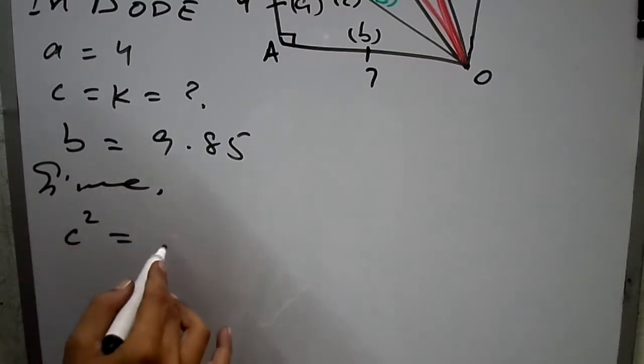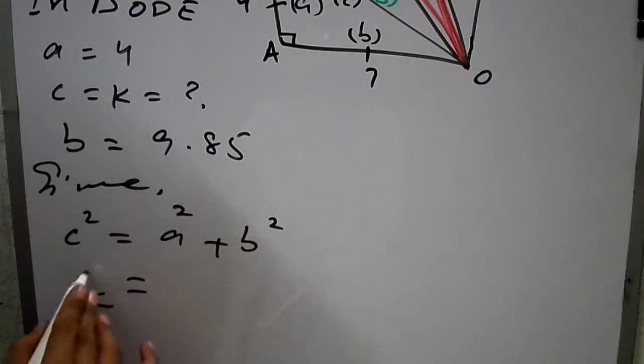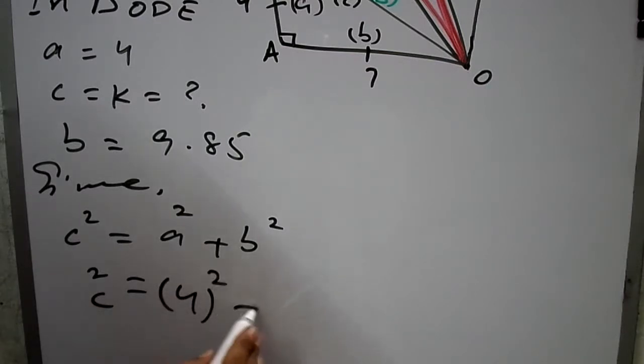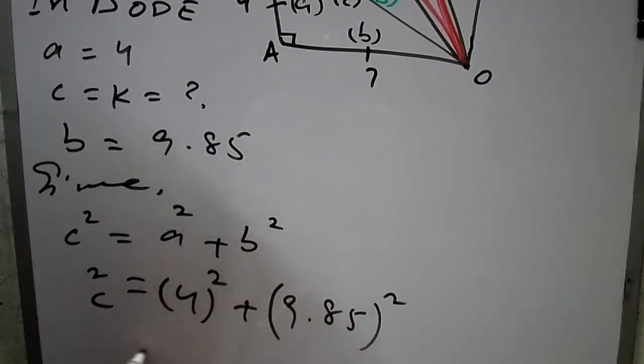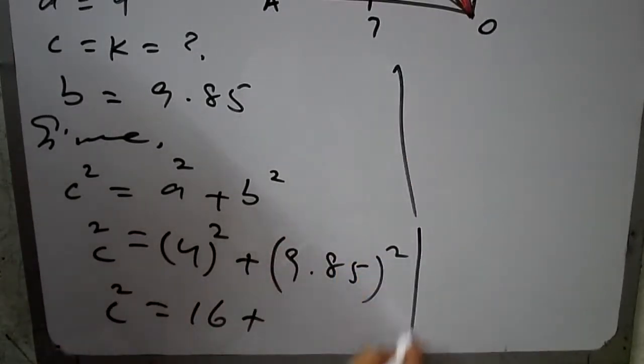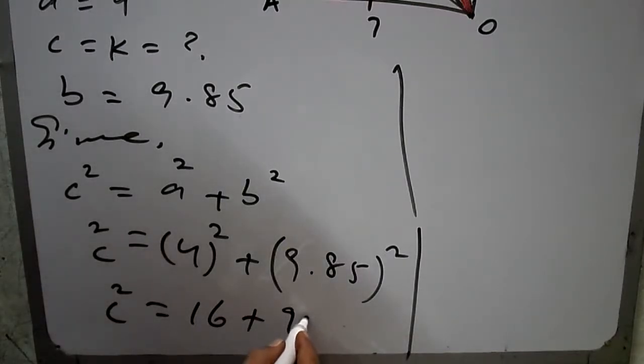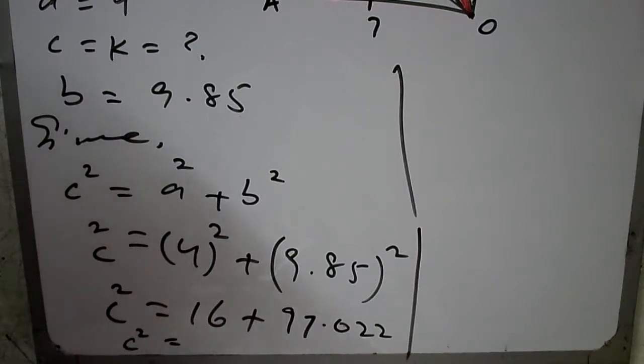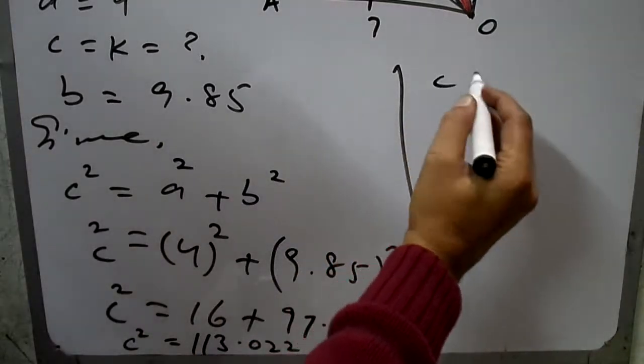C square is equal to, by Pythagoras theorem, A square plus B square. Putting the values, C square is 9.85 whole square plus 4 squared, 4 fours are 16. Use a calculator: 9.85 multiplied by 9.85, you will get 97.022. Add 16 and you will get 113.022. Now you need the value of C, so